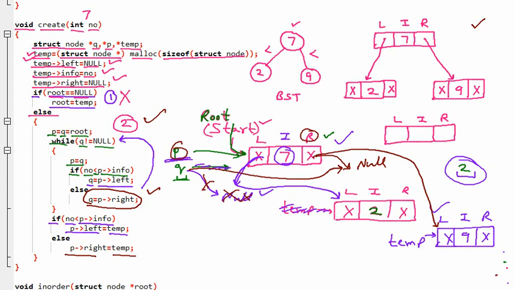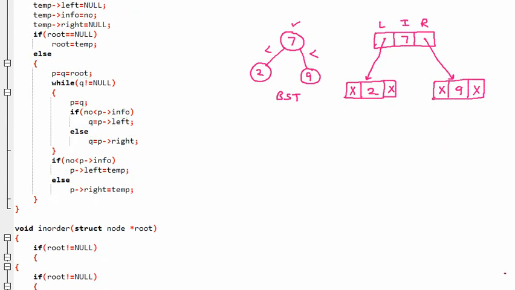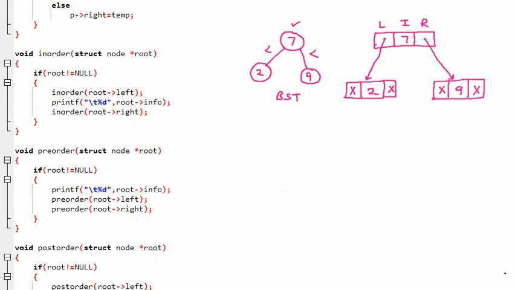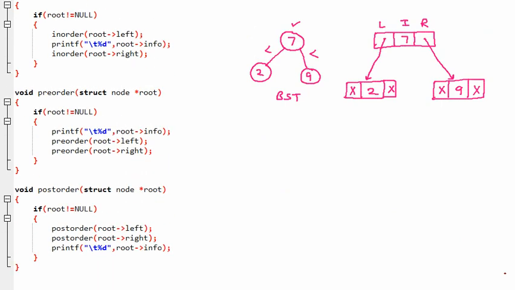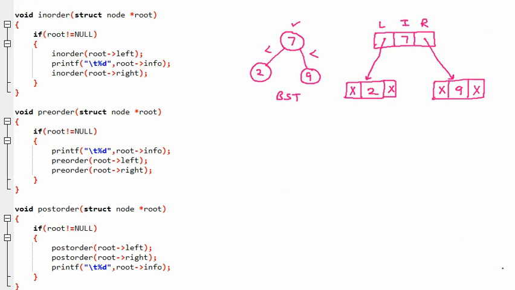If the value is lesser, it will come on the left. If the value is more, it will come on the right hand side. So now we are scrolling to the next function, which is the in order, pre-order and the post order. So now we are learning the first function, which is the in order, void in order.